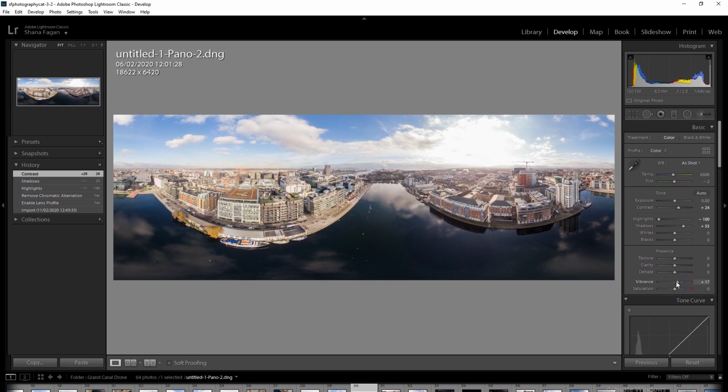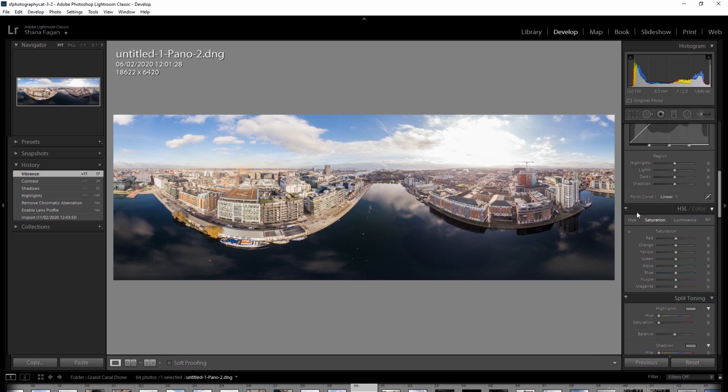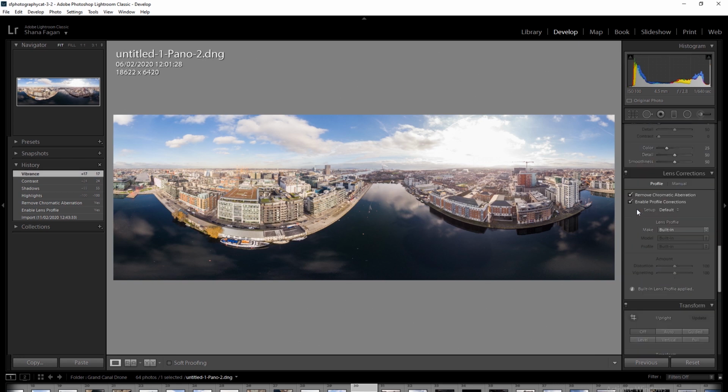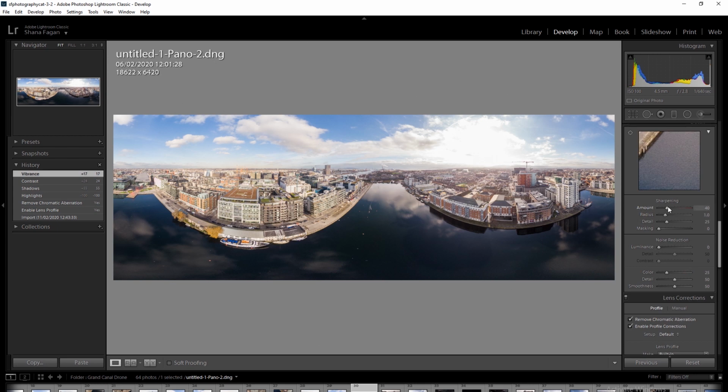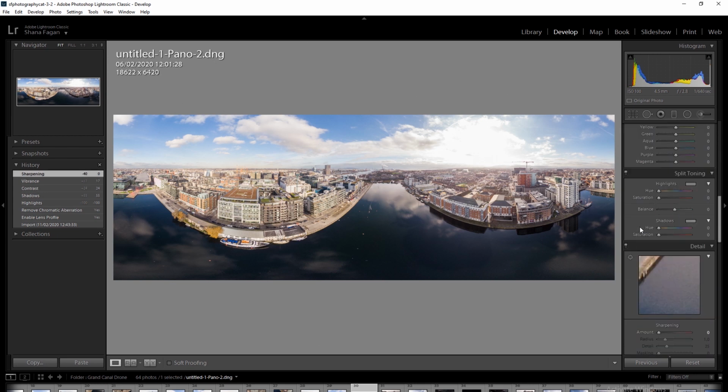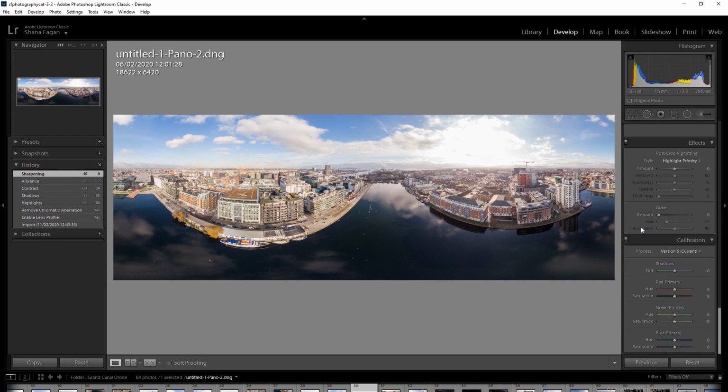Vibrance, I'll boost that. I won't go near texture or clarity because I'm going to do the sharpening in Photoshop. I actually prefer it there. And then I'll scroll down to the sharpening here, I'll put that to 0. And let's have a look. Yeah, I think I'll import that into